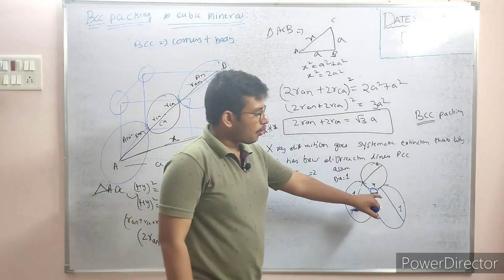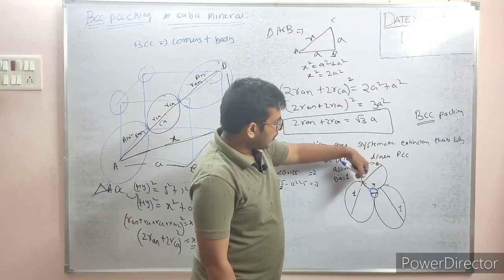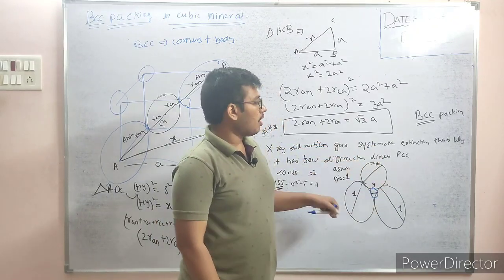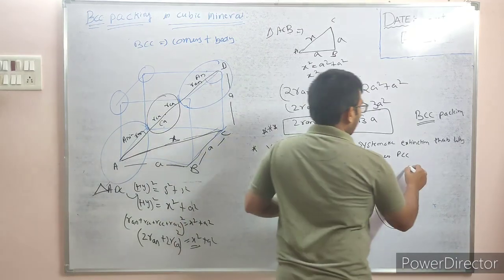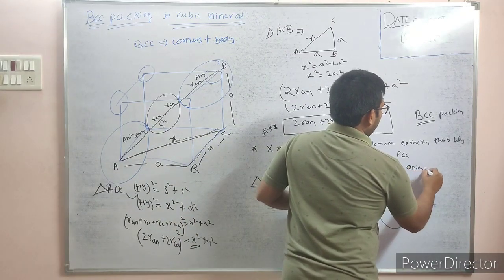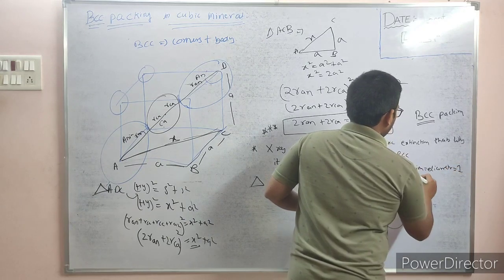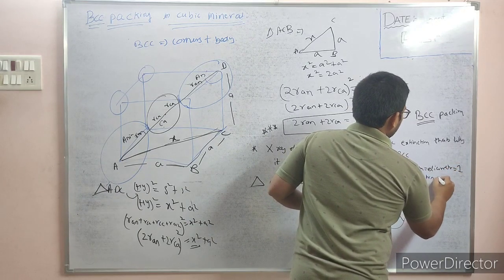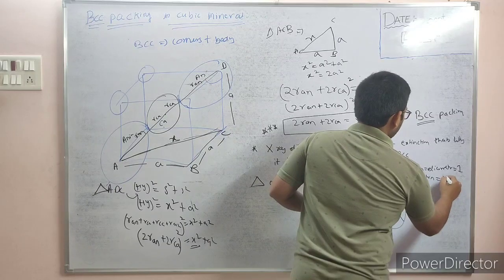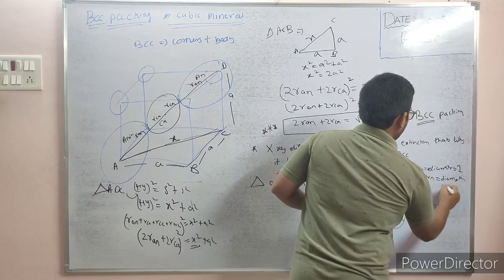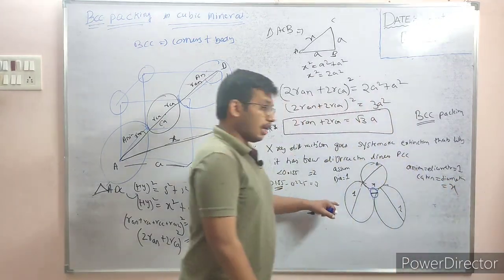कैटायन का जो डायमीटर होंगे वो x मान लो, और बाकी जितने भी डायमीटर्स ऑफ एनायन होंगे वो 1 यूनिट लेंथ मान लो. Anion diameter is 1 and cation diameter will be x.